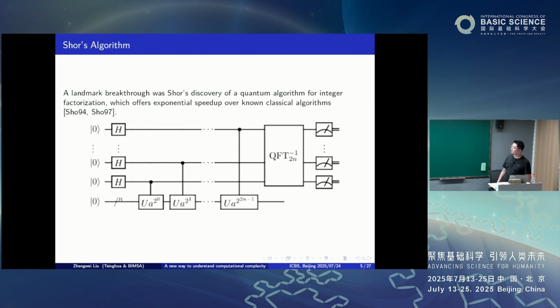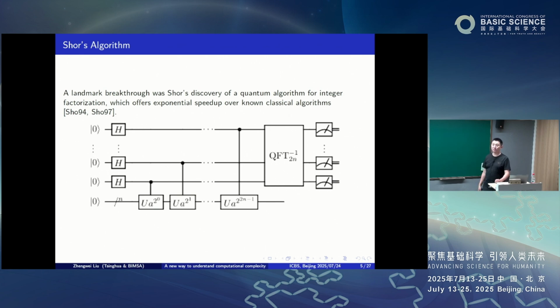So essentially, if you combine the two together, then you just apply this number I to a to the s power. So the input will be I and a to the s power. And then you run this discrete Fourier transform on the n qubits. And this is not a black box. This Fourier transform can be implemented by local 2-qubit gates. So it can be done, and it's just a polynomial cost.